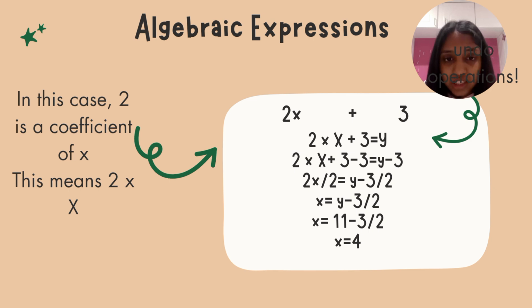So let's start off with 8. We can say y is 8. So we're going to say x is equal to 8 minus 3, which is 5, divided by 2, which is 2.5. Now that doesn't really seem right, because if I now say 2 times 2.5 plus 3, it doesn't make sense at all because it gives me 8, right? So now we actually have to try and solve it. So we're going to say, let's just say 11 minus 3